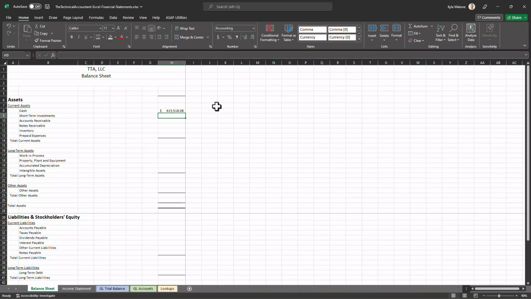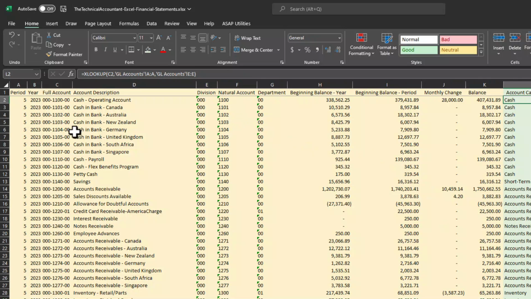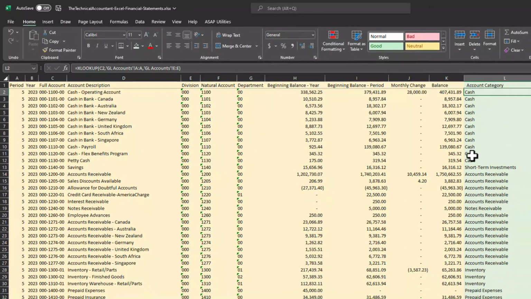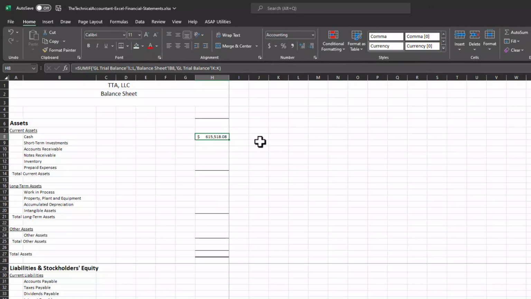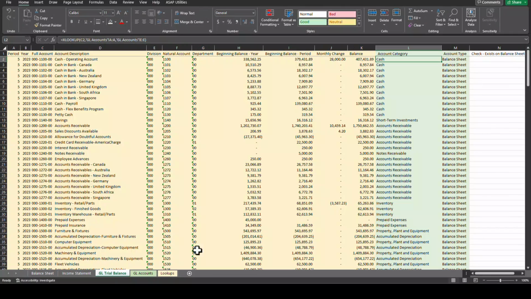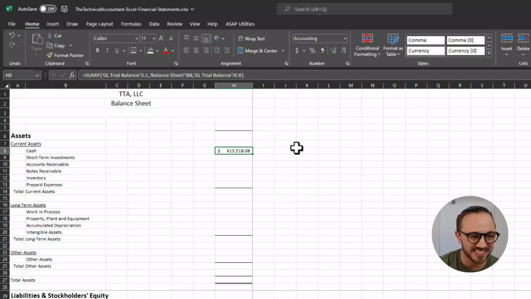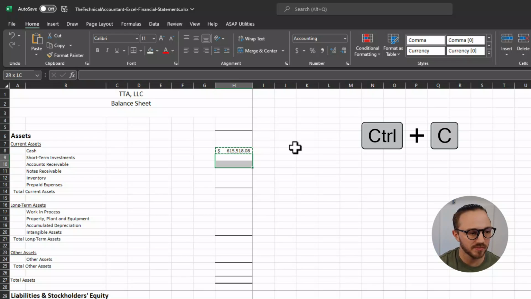Close it. And now what this does is it says, okay, give me every single GL account that's in this account category of cash and show it on this line. Very easy. And we can go and check that out, 615, 518. Let's take all of our cash accounts, 615, 518. Where this is cool, and this is very maintainable, is check this out. If I just copy this statement,